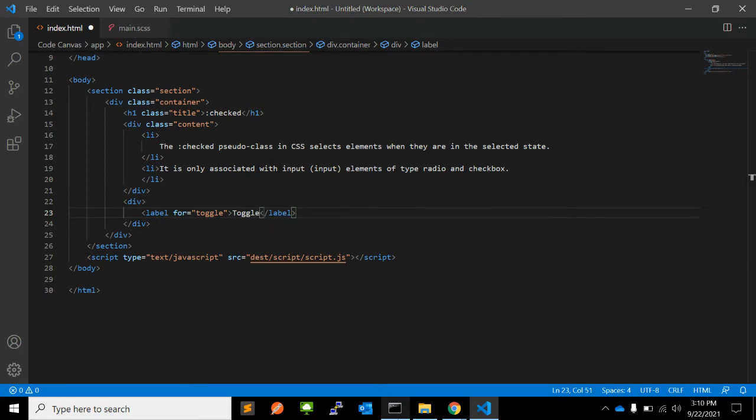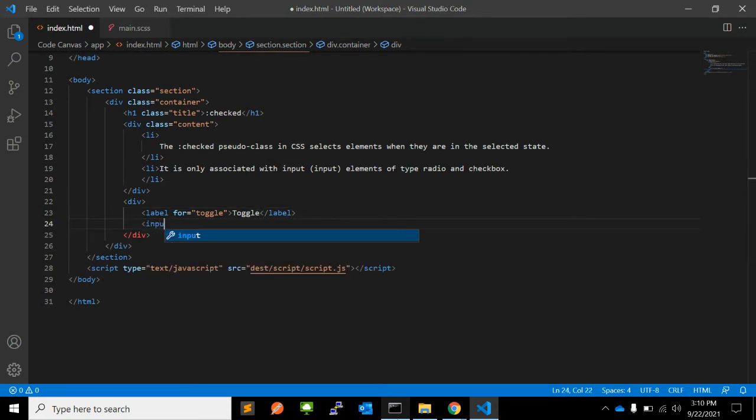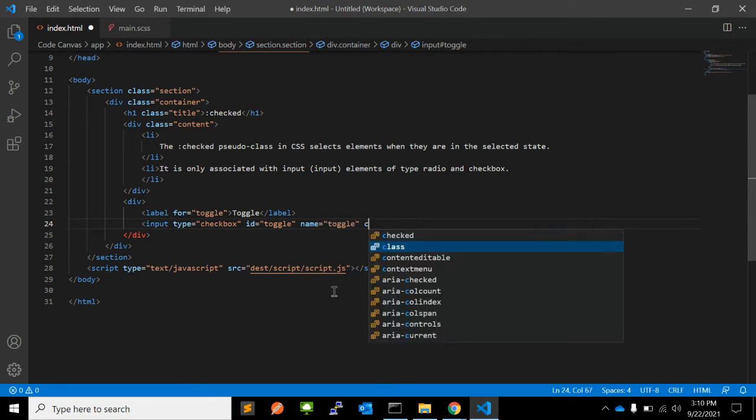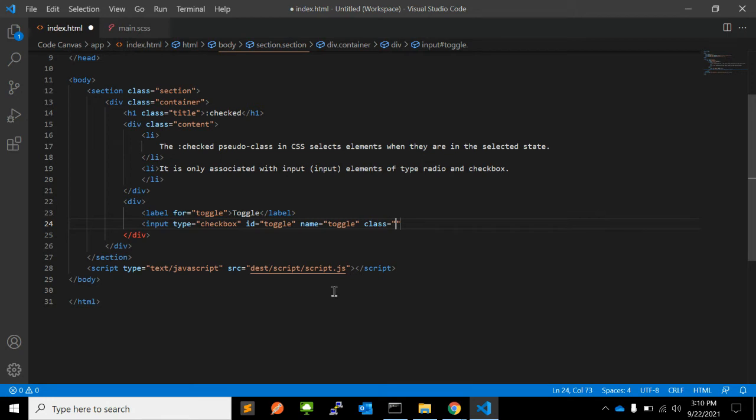Next to that, I will add input type is equal to checkbox, ID is equal to toggle, which we used in the label, and name we can give anything we want, and class, for example, hidden. You can write any class you want.